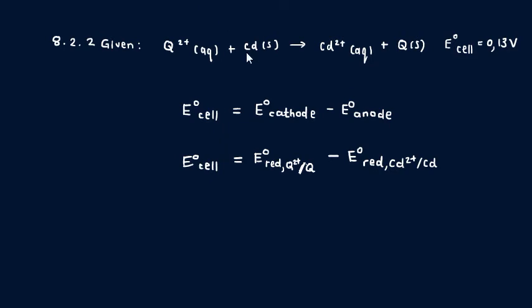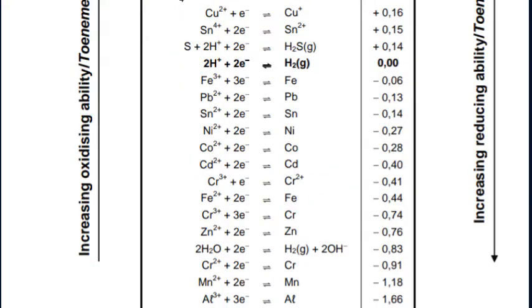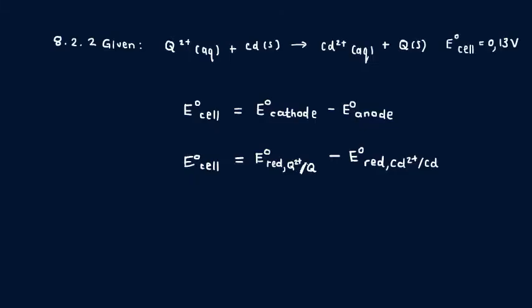So let's quickly go there. There it is. Cadmium 2 plus going to solid cadmium, that reduction half reaction has a standard reduction potential of minus 0.40. So we're just going to jot down that value. That's what we need. That goes in over here in our calculation: minus 0.40 volts. We can now substitute in E naught cell